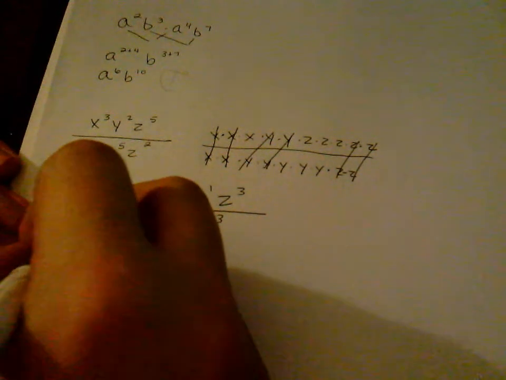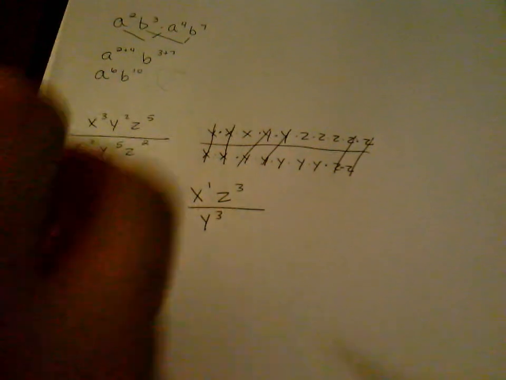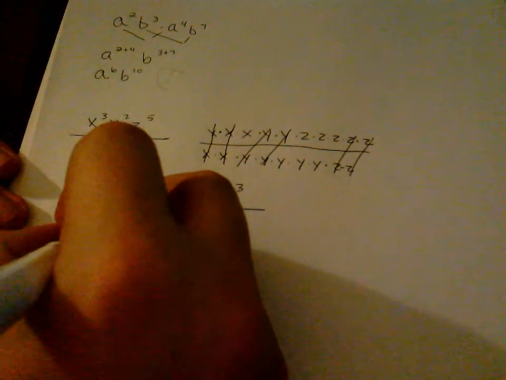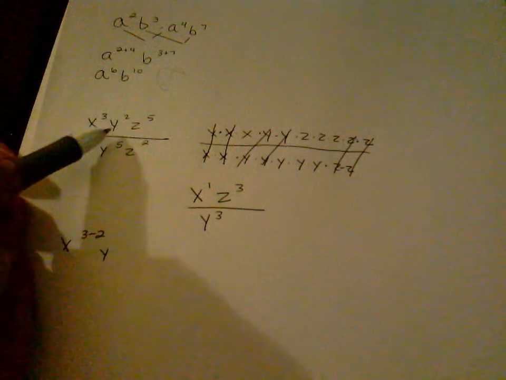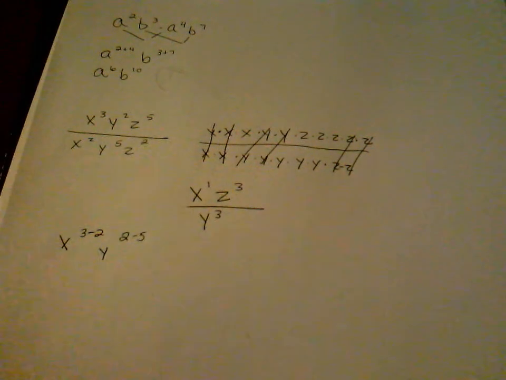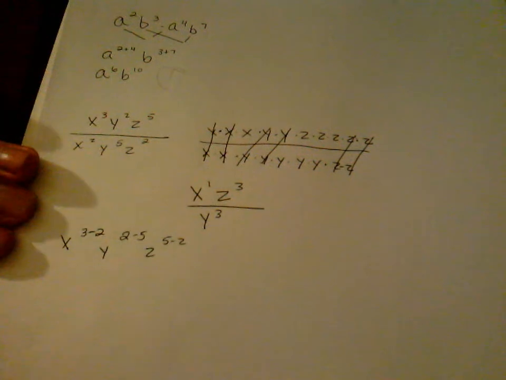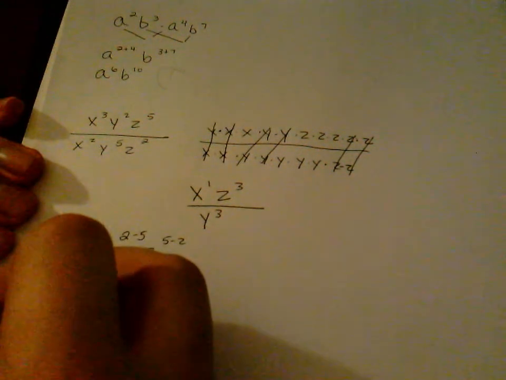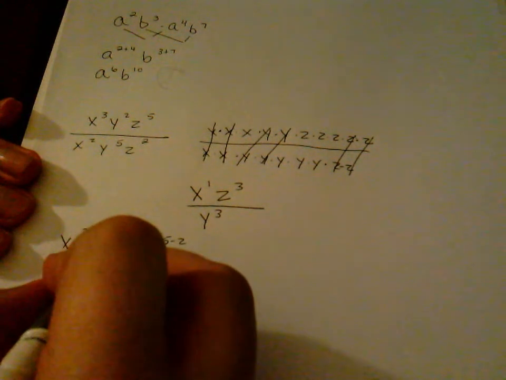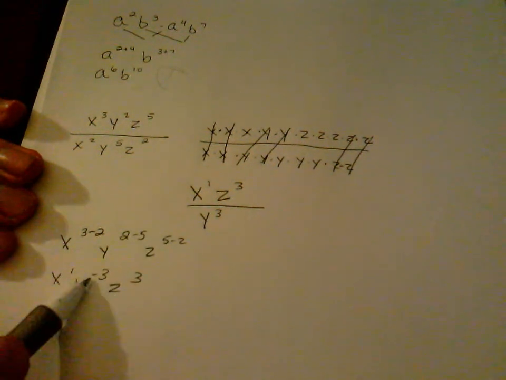Since we have x to the third, and we're being divided by x to the second, we'd take 3 minus 2. Y would be 2 minus 5, and z would be 5 minus 2. When we did that, we'd get x to the first, y to the negative third, z to the third. And since y is a negative third,